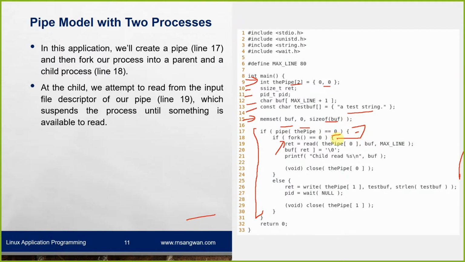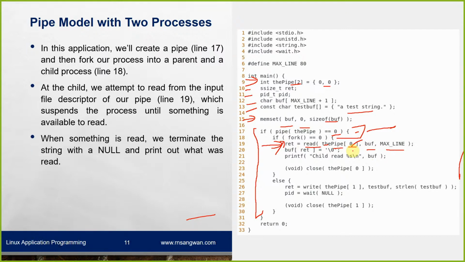At the child, we attempt to read from the input file descriptor of our pipe. That's happening in line number 19. Return equal to read, the pipe and file descriptor, buffer, the size, which suspends the process until something is available to read,